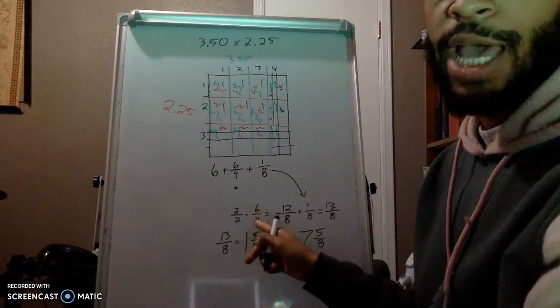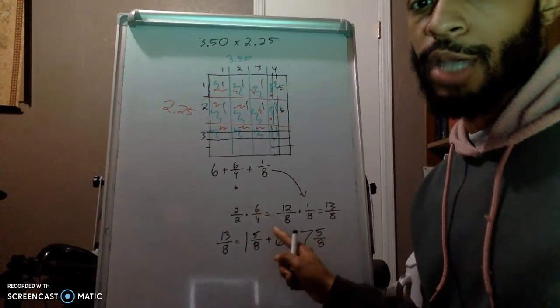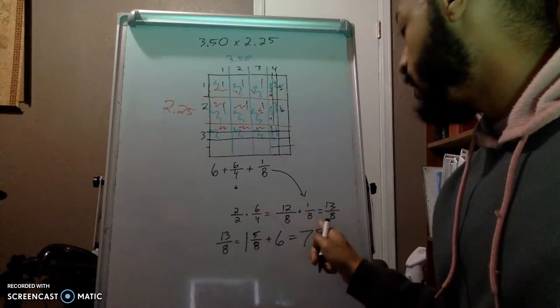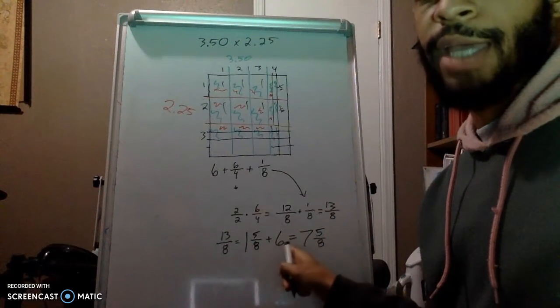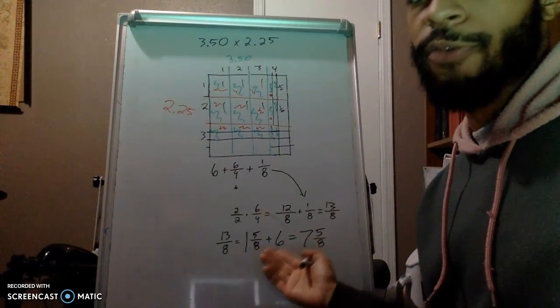And then we can use that to solve for our equation. So you can see I went through here and made the denominators the same, got 13/8. And then I just added my mixed number back into my 6 that I had from before, and we solve for this